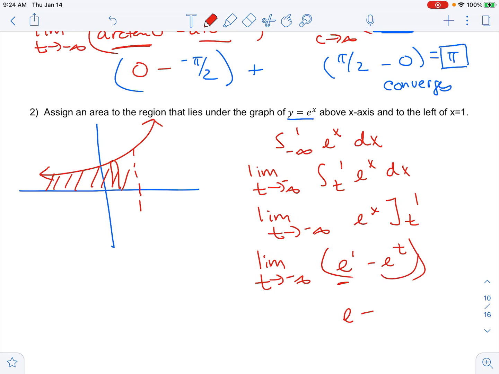Oh, notice here, it is the limit of e to the negative infinity. So really what happens is when you have a negative exponent, it's going to drop to the bottom. So really you end up with 1 over e to the infinity. You end up with infinity on the bottom. So this limit goes to 0. So this area, or we say this integral, converges to